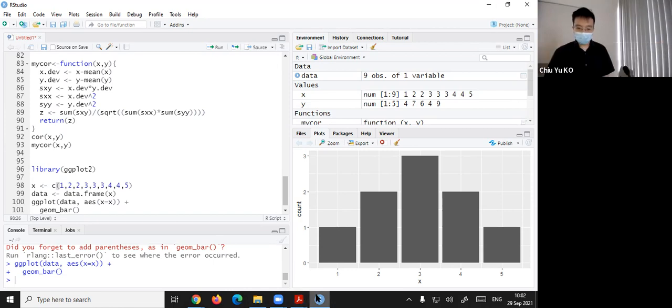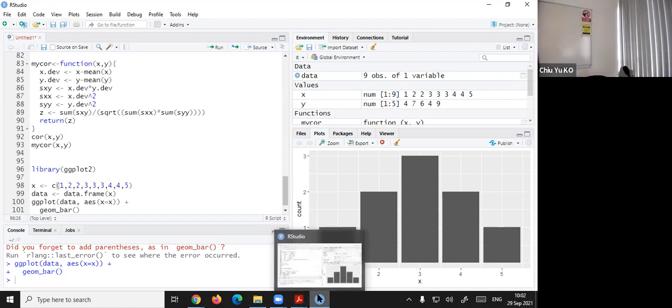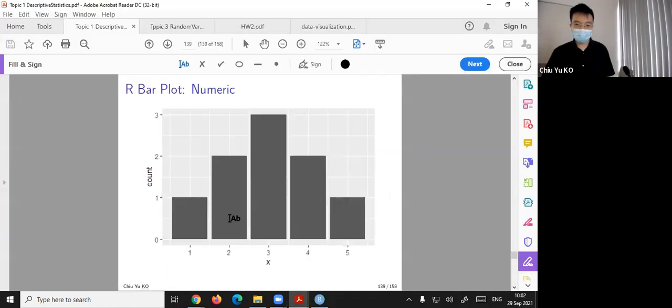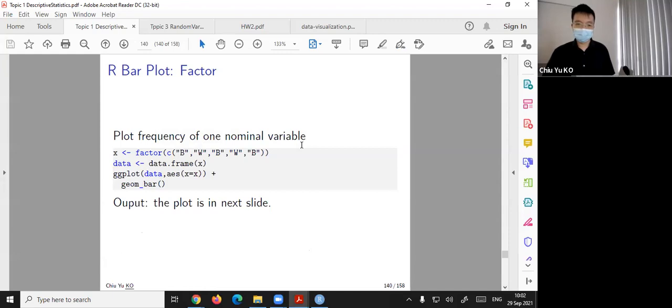Because if I really teach you how to graph, it would probably take one or two classes. But we don't have such luxury, so that's why we need to be fast. So this is a graphic. You should be able to draw this. The next thing so far is